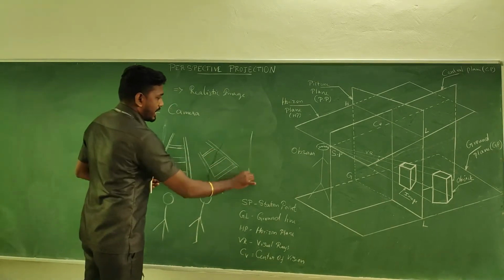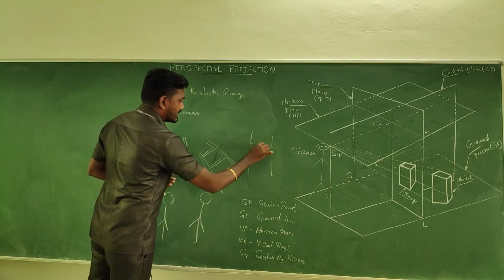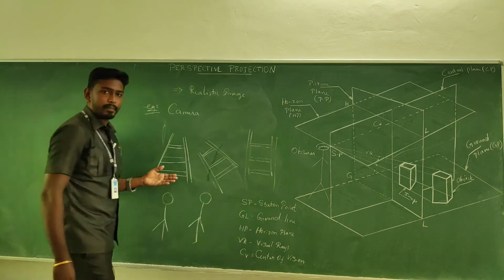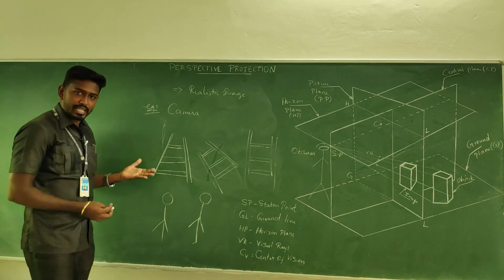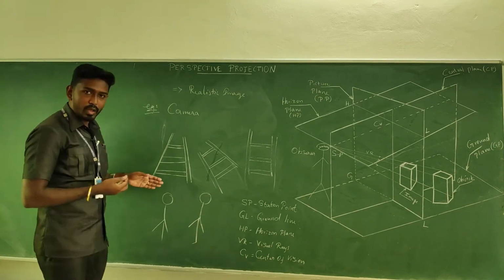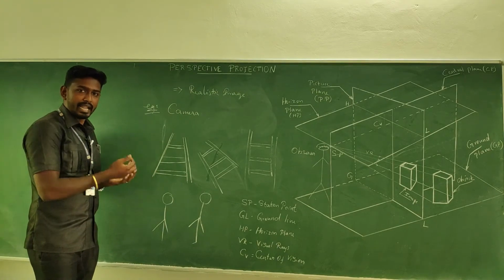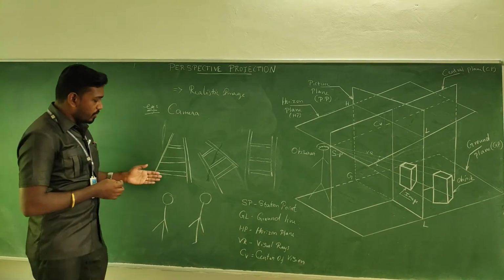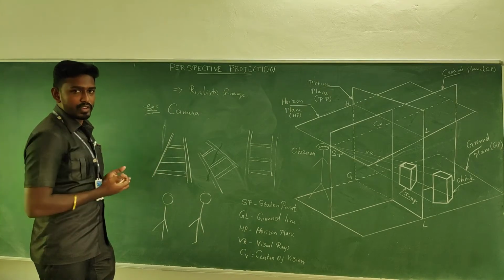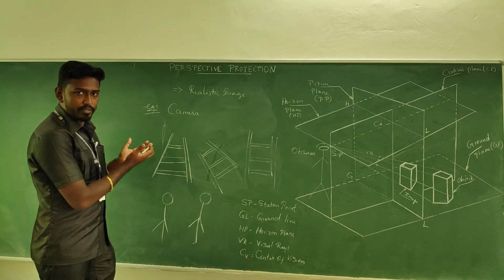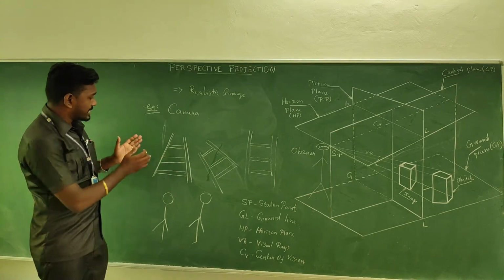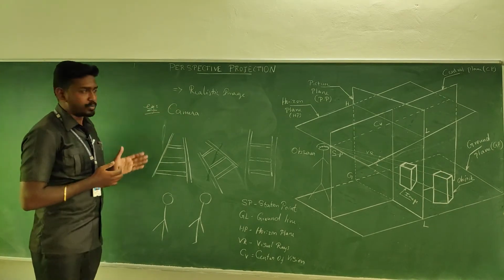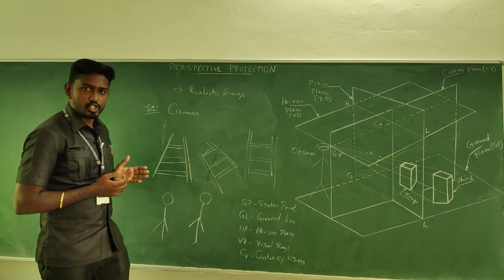If you take the observation from the top, the same railway track will give you a different observation. What I am trying to say is, based upon the position of the observer, a single object conveys different perspective views, right? So based upon the position and distance, your observation and the shape of the object will differ. This kind of realistic image captured by the camera, we call it a perspective view or perspective drawing.